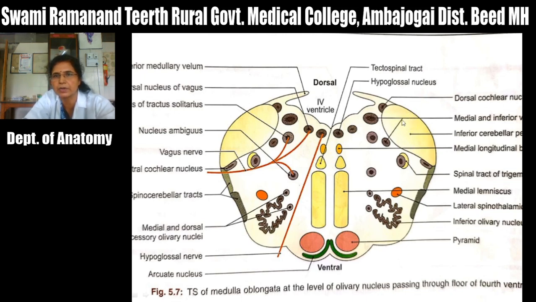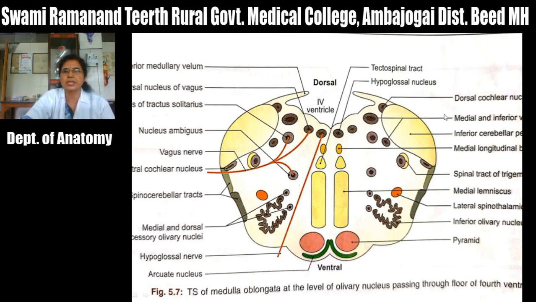The dorsal cochlear nucleus is present on the dorsal aspect of the inferior cerebellar peduncle, and the ventral one is present on the ventral aspect of this peduncle. So this is about the various cranial nerve nuclei which are situated in the medulla. Now this structure on the dorsolateral aspect, the most prominent structure, is called the inferior cerebellar peduncle. It is a thick bundle of white matter fibers which connects the medulla with the cerebellum, and it mainly consists of afferents to the cerebellum. So it carries fibers from the medulla and the spinal cord to the cerebellum.